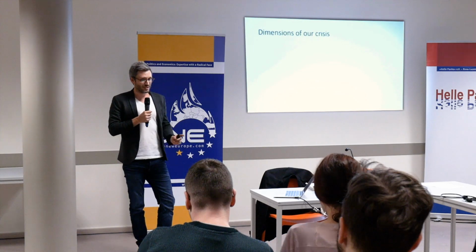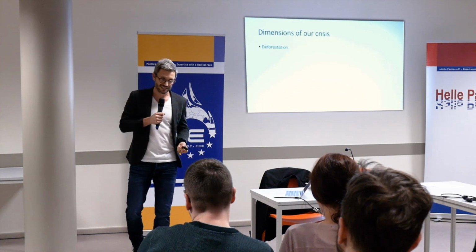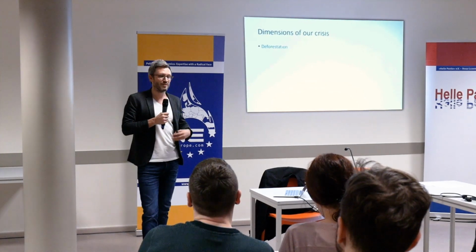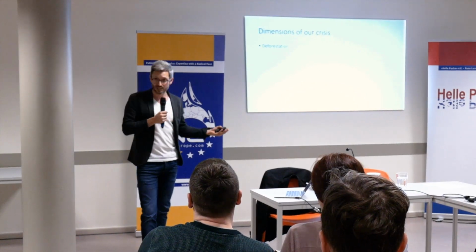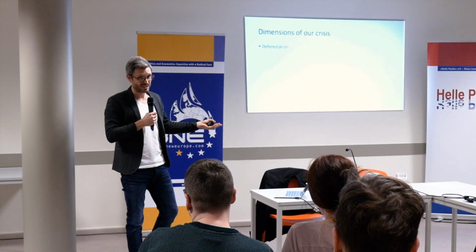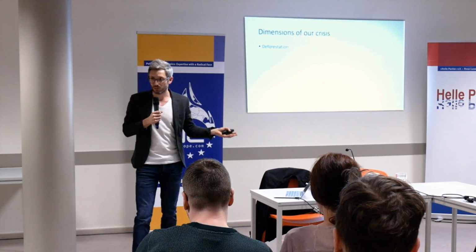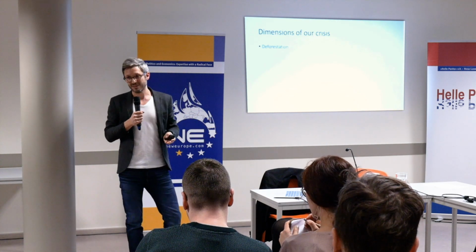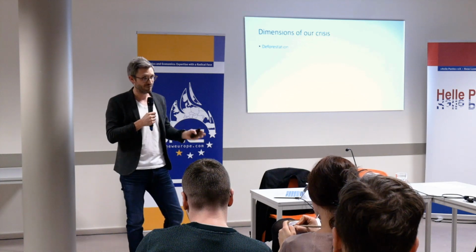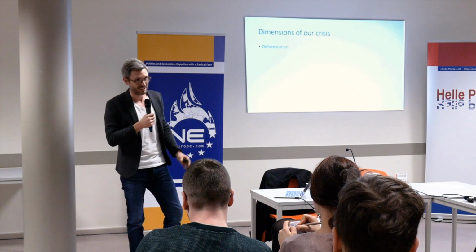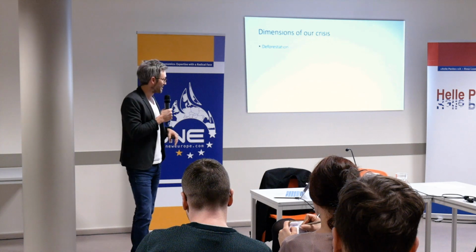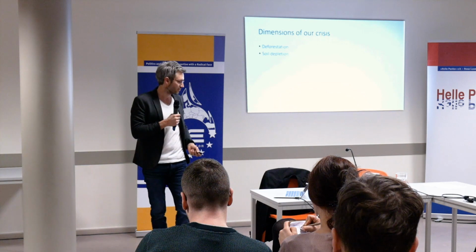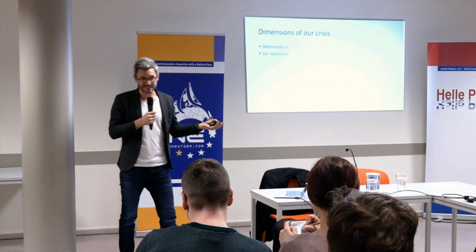Now, the crucial thing to understand, of course, is that we're not only facing a climate crisis, as the planetary boundaries framework illustrates. We have a number of dimensions that we need to be thinking about. Deforestation is one key one. This is a serious crisis right now. Since 1950, we've lost about half of our mature tropical forests. At our present rate of deforestation, we'll lose the other half by the year 2050, okay? It could be that our children, if you choose to have them, will not know what a mature tropical forest looks like, right?